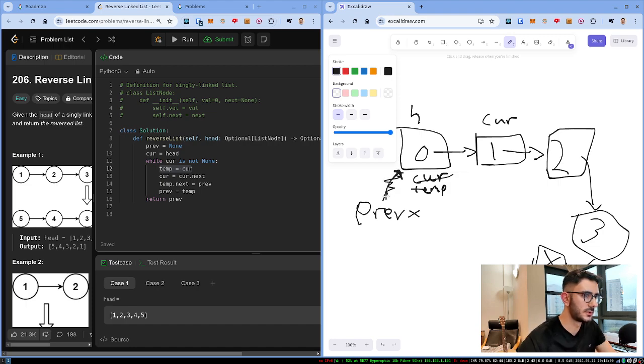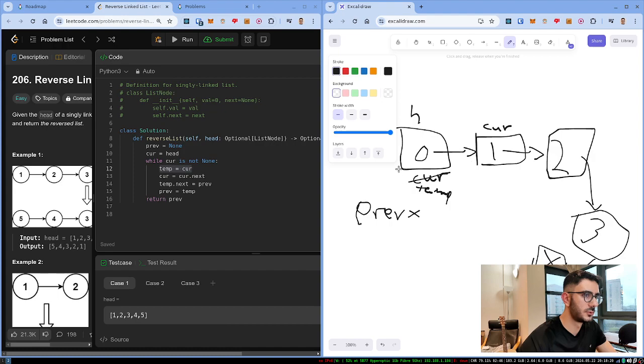Actually this one doesn't exist yet. So current is there, previous is none, current is head, current is not none, current temp, we make temp here, current is current.next, so it moves here,